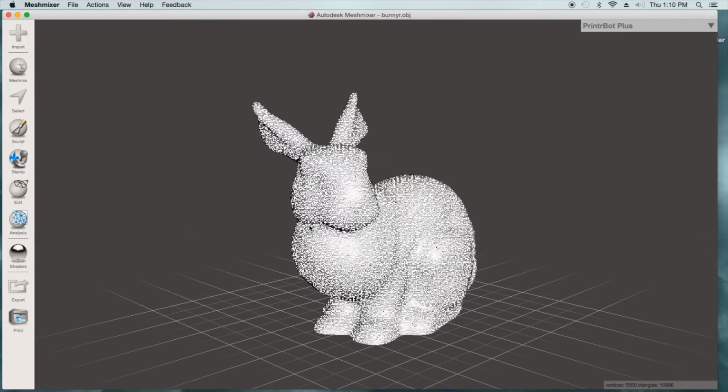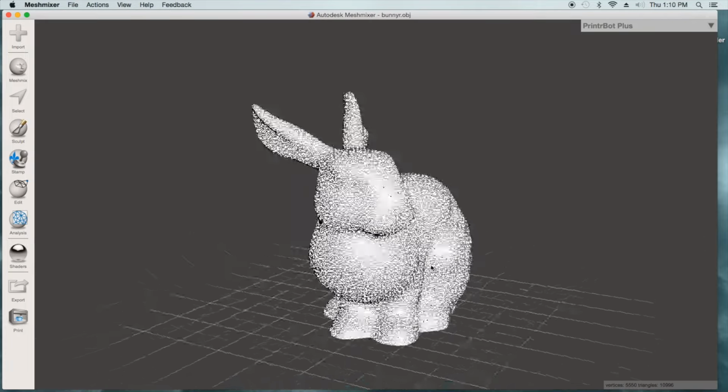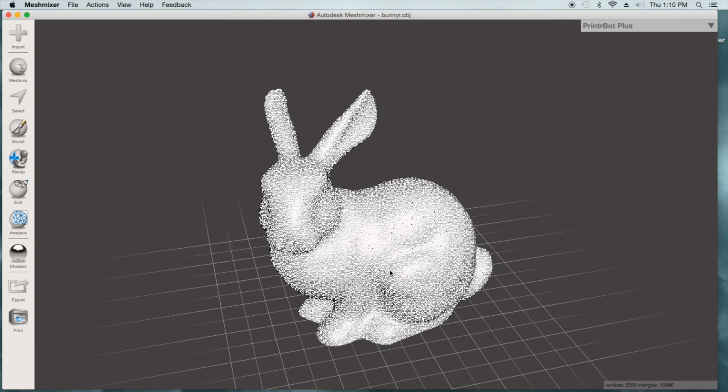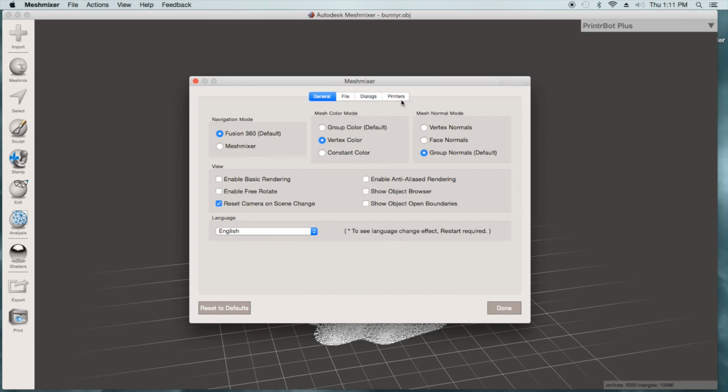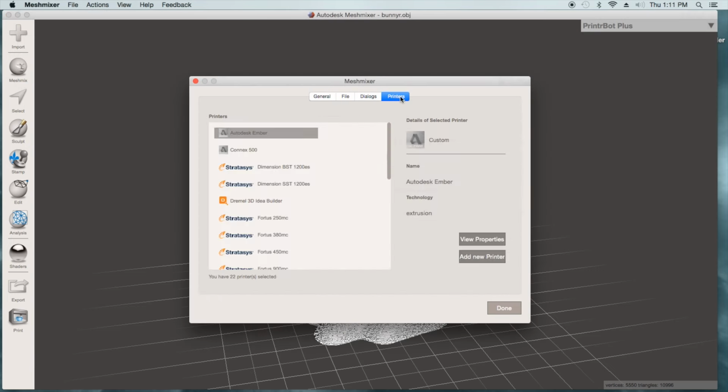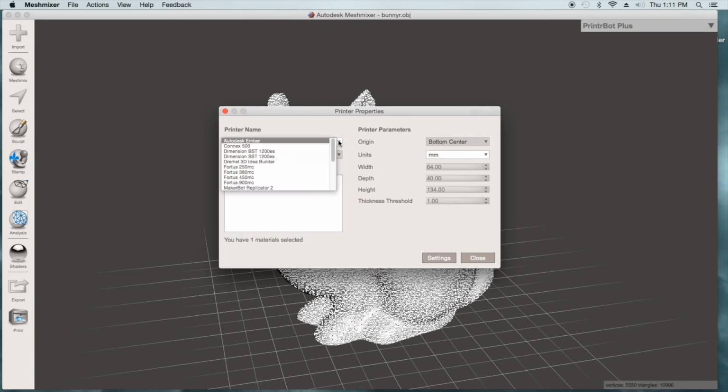All right, now back to the bunny. All right, so now we can move around. It's not gonna lay it vertical, it's gonna do it horizontal. You're good to go. I know different printers have different printing bed size, so one thing I do is I go to, again, preference. I'm gonna go to printers up here, and I'm gonna click on view properties. Once you do that, I just go down to sample printer, and I change all these out. Now I have a